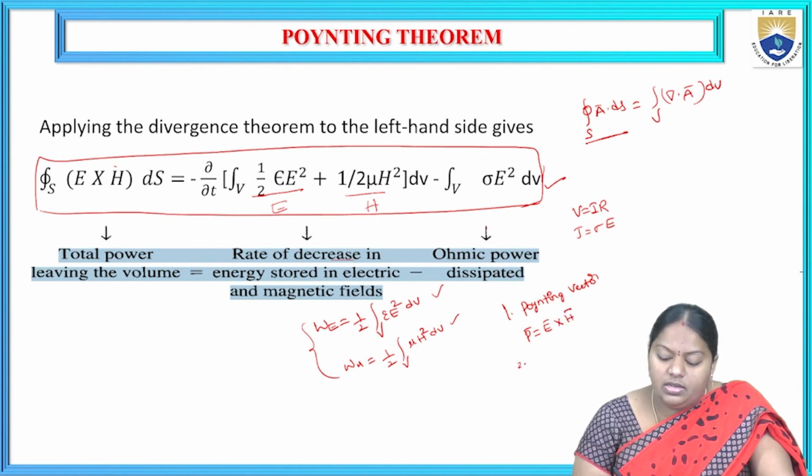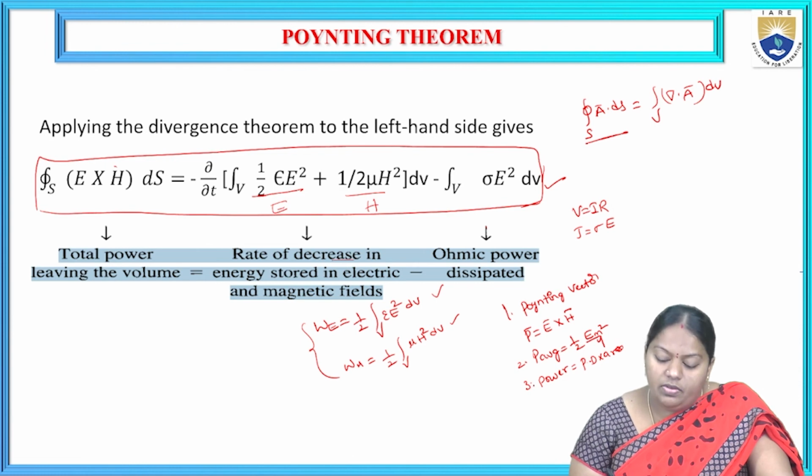Then we have learnt average power density, that is P average is equal to half Em square by eta. Then we have learnt the statement that power is equal to power density into area, right? And finally, we have derived the mathematical equation for the Poynting theorem,